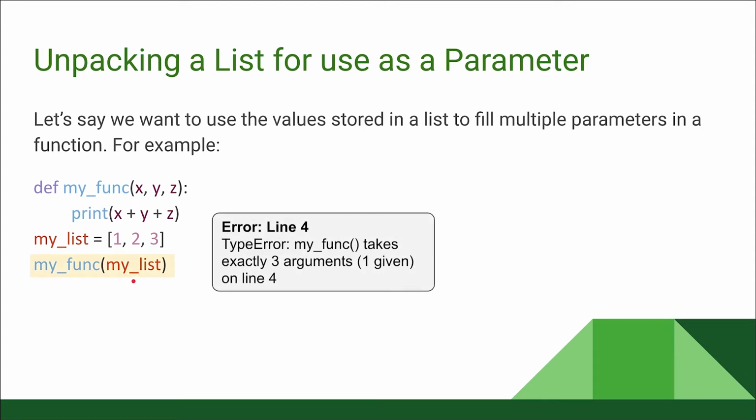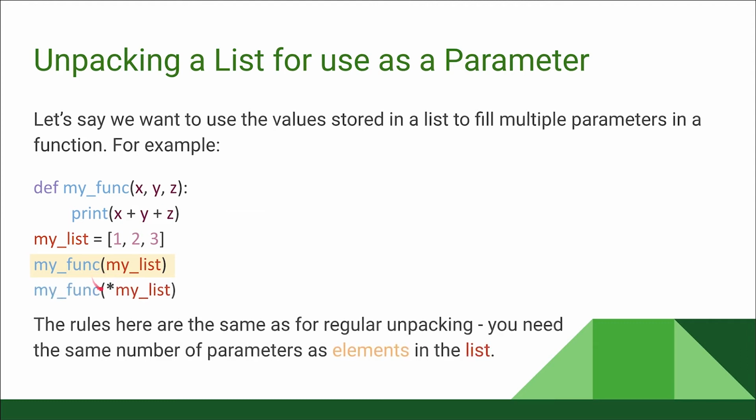It's going to give me a type error saying myfunc takes 3 arguments, 3 parameters, x, y, and z, and I've only given 1 parameter. I gave the parameter myList. It's 1 variable. It has 3 values inside of it, but myList itself is 1 value. So the way that I can fix this issue